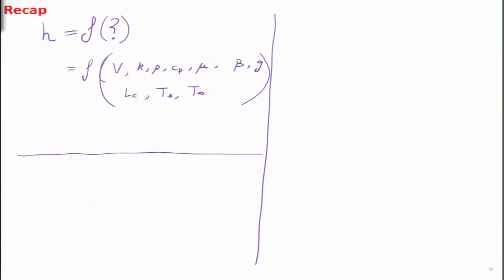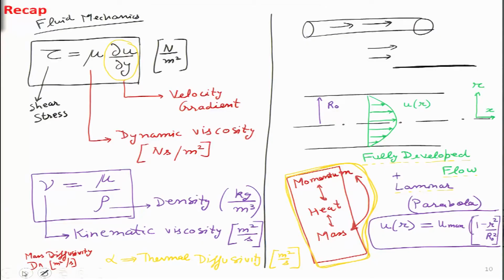With that, we also looked at the main problem that we will be addressing in this series of lectures related to convective heat transfer, and that is how to figure out the value of H. In order to do that, we have to figure out what H depends on. It was not my intention to make it complicated, but you see inside this bracket there are so many terms, but later on we will simplify it much further. There are some simple equations which will come out of it.